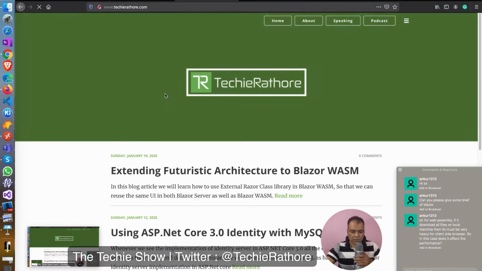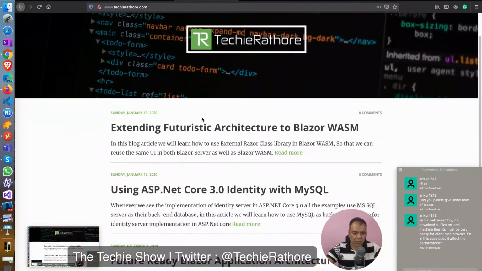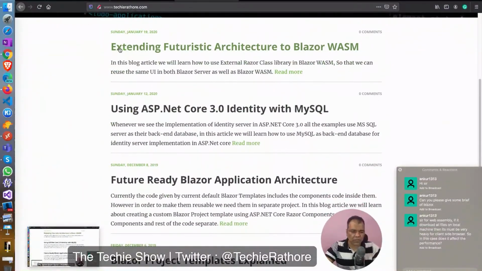So this is my website, this is my blog, and here you can see "Extending futuristic architecture to Blazor WASM" and the future ready Blazor application architecture. This future ready Blazor application architecture is the one which I'm following.